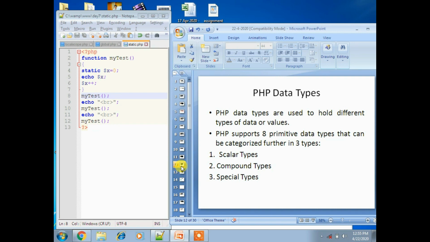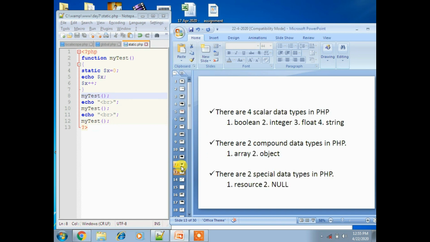Scalar type is divided into 4 categories, compound data types into 2 categories, and special data types also into 2 categories. Let's see the first one, the 4 scalar types: boolean, integer, float, string.